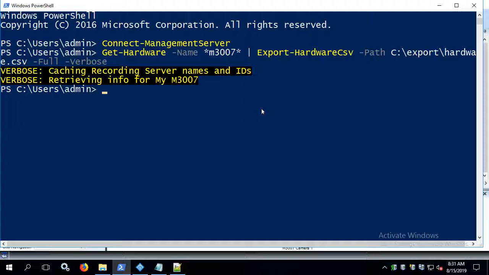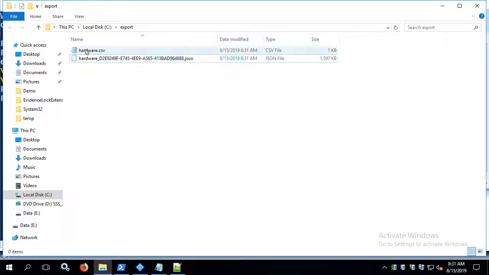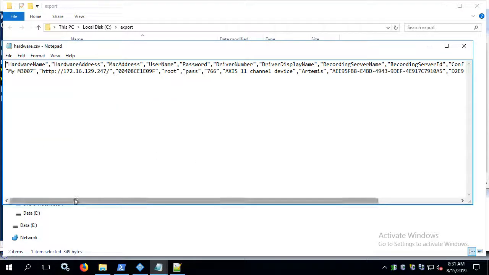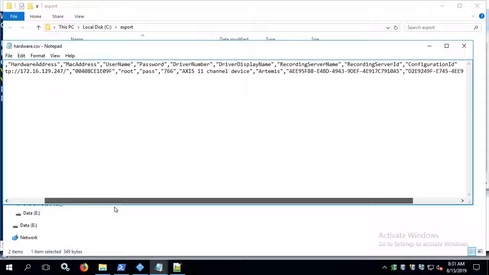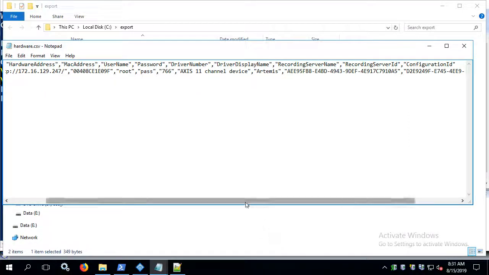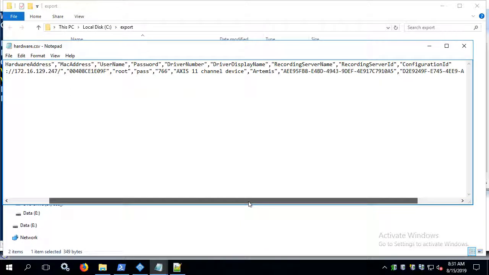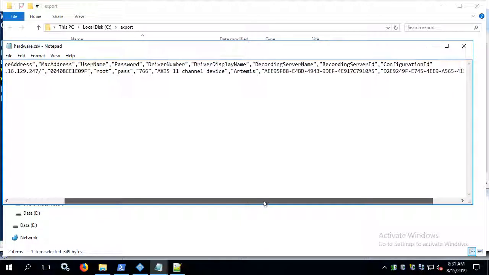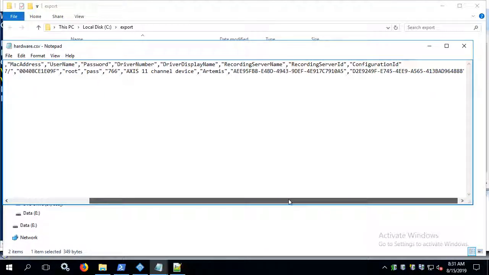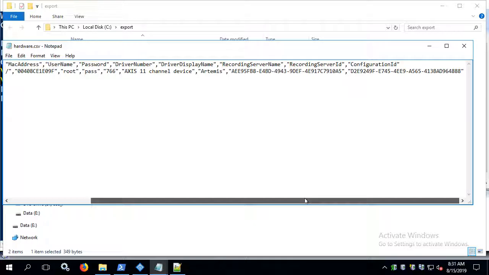All right. Let's take a look at what that produced. So we have a CSV file with some basic headings: hardware name, address, username, password, MAC address. You might use this command just for reporting purposes. So we've got MAC address, username, password, the driver, the recording server name and ID that it's on, and then